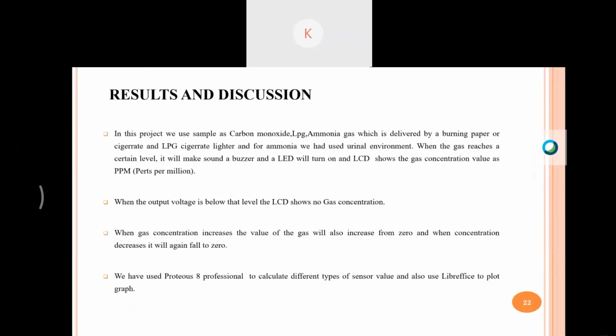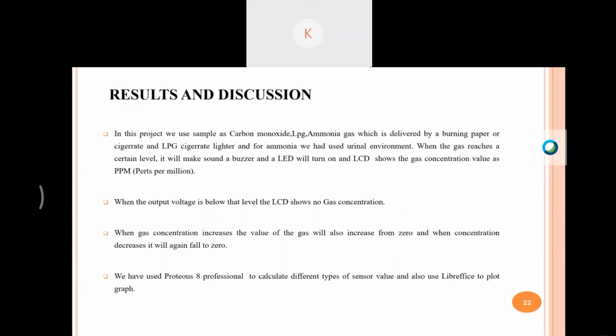Now, how does the MQ gas sensor work and how does it give us the result and sensitivity of different gases? So the MQ sensor consists of a metal oxide semiconductor material consisting of aluminum oxide and tin dioxide, SnO2. Mainly, the working principle of the MQ sensor is based on the change of resistance of the sensor when exposed to gas.